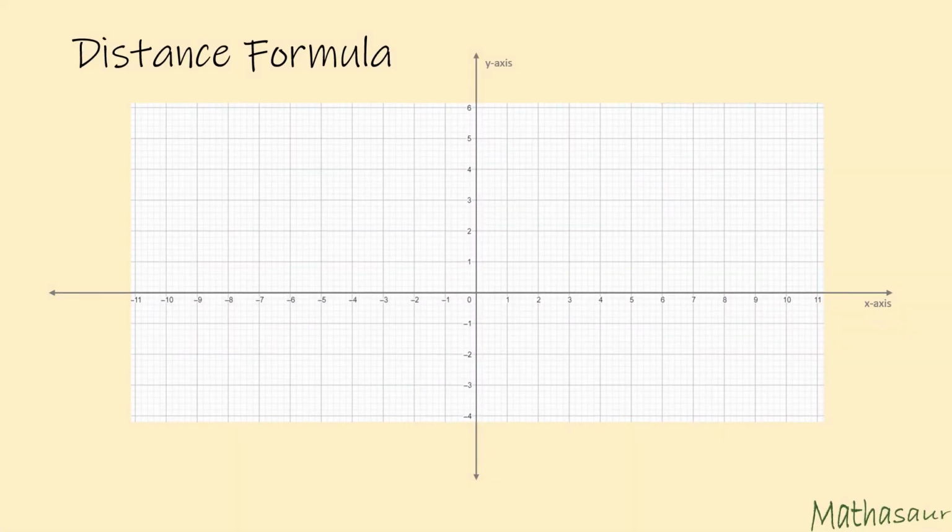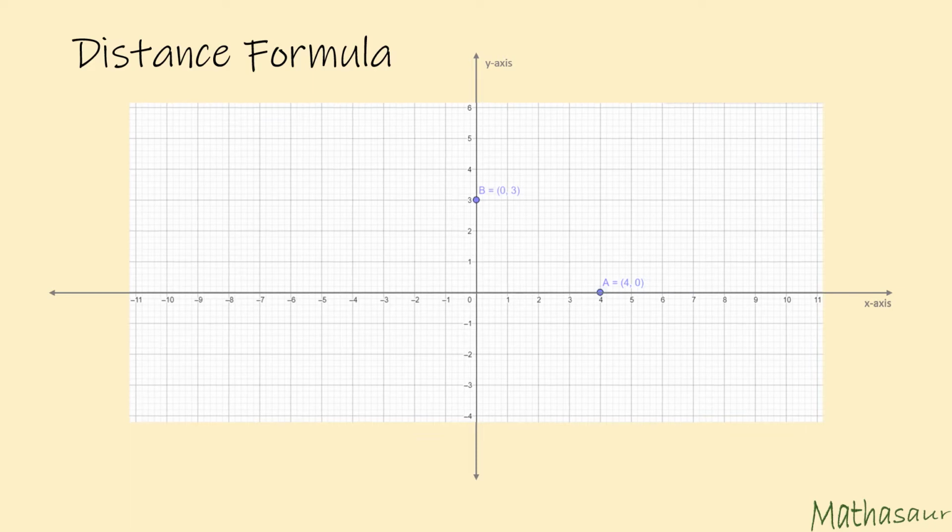In the last class, we looked at coordinate geometry. Today, let us look at the distance formula, where we try to look at the distance between 2 points on the plane formed by the x-axis and y-axis. Let's take a point A on the x-axis. The coordinates of this point would be 4, 0.